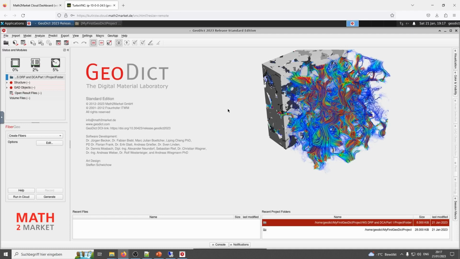Now we want to import the gray value image stack of the Gildehauser sandstone. Please click Import and find Import GeoVol. We are going back to the top left to the Import GeoVol.